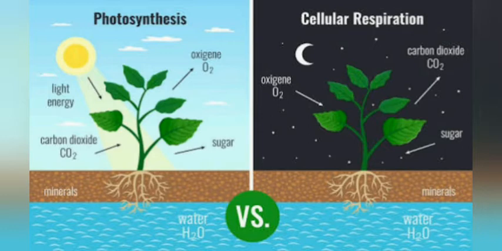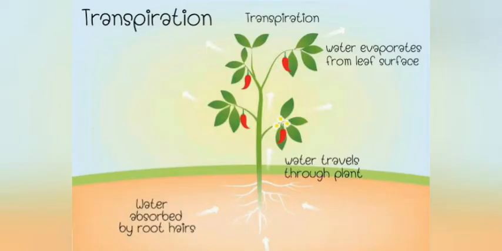Plants breathe with the help of their leaves. Leaves of most plants have tiny openings called the stomata under their surface. So, the exchange of gases takes place through the stomata. And another special function of leaves is transpiration. What is transpiration? Let me explain.